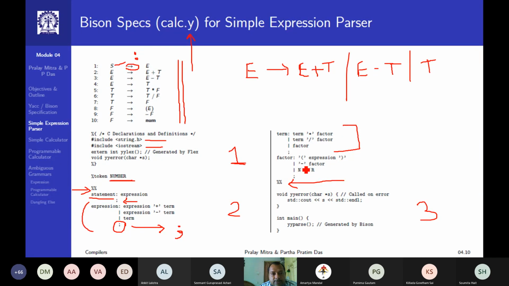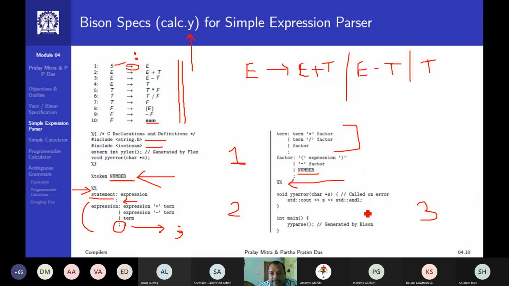Or unary minus factor. F is for factor, or num. Num is my digit, that is number, and number is also declared here. Additionally, I mentioned number is a token. You also agree with me that this token we discussed in the context of the scanning process. That is the end of section 2.